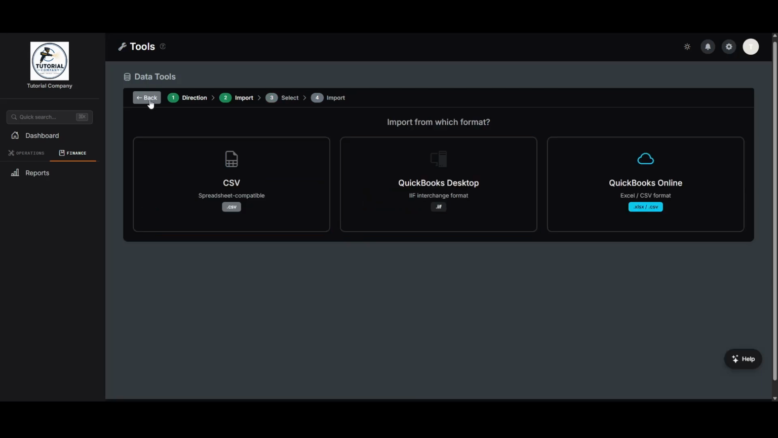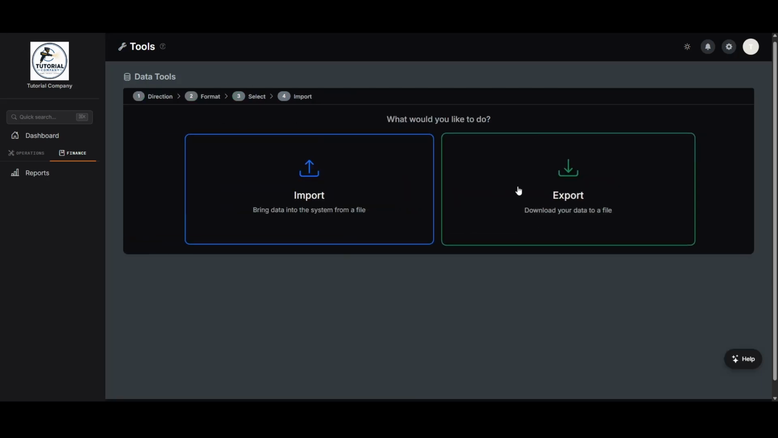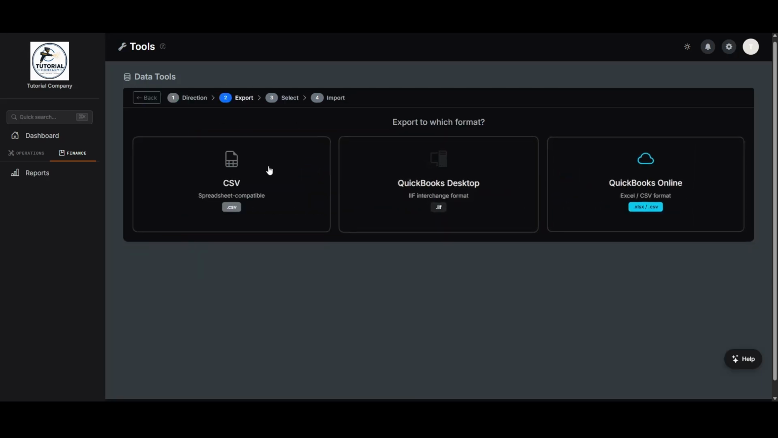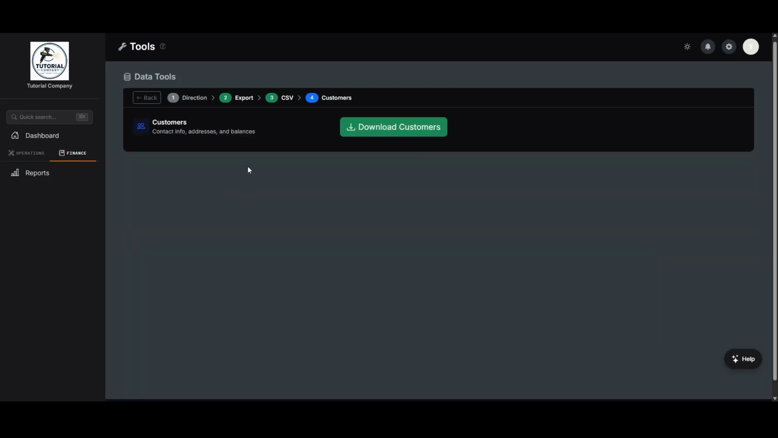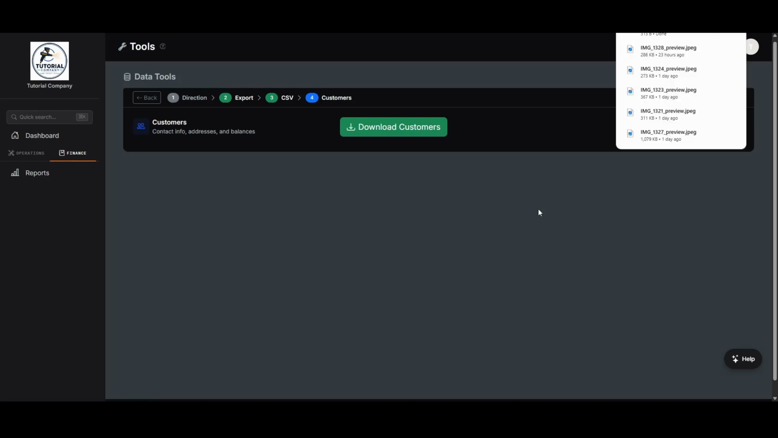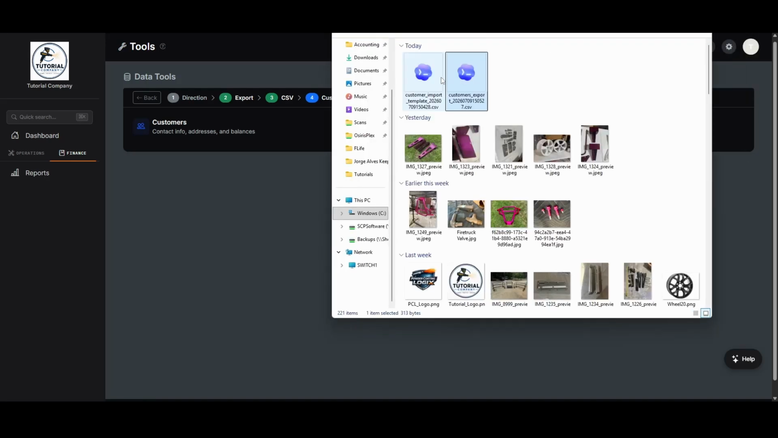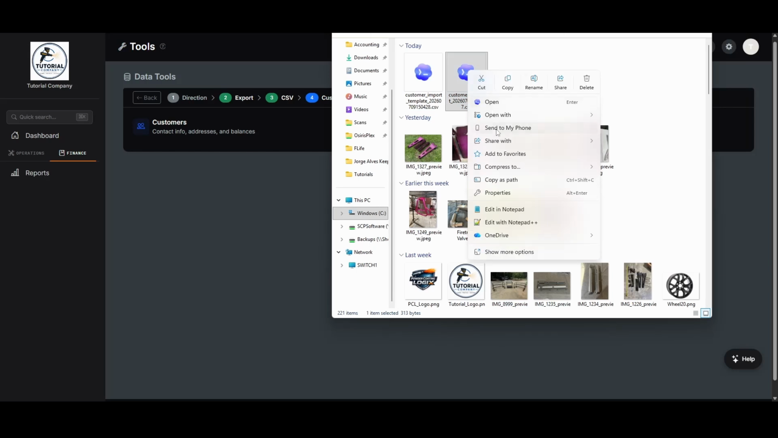Export is kind of the same thing. We go back, click on export. Again, you choose your format. We choose CSV. We can export our customers. This one obviously doesn't have a forced format, but if you click download customers, it's going to download your customers right here. So there is our export. If we open that in Notepad++, we've only got a sample customer in this company, so it's going to show that to us. Once it opens up,